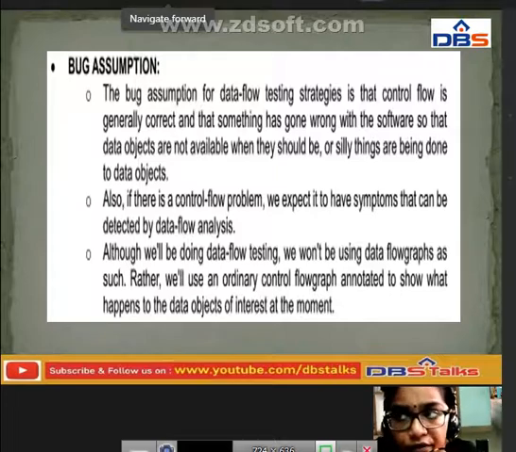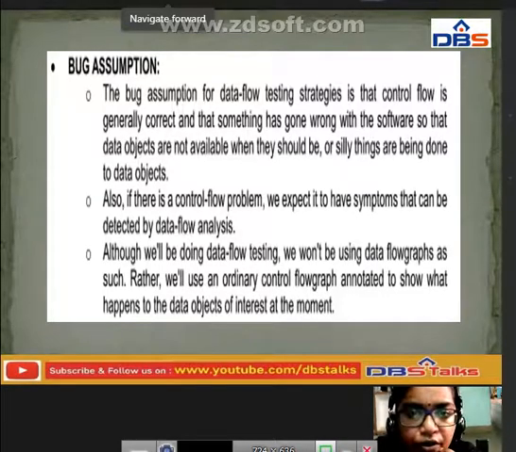If something has gone wrong with that software, the data objects are not available when they should be, or silly things are being done to the data objects.